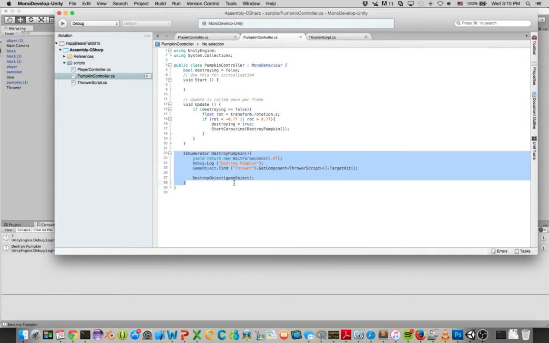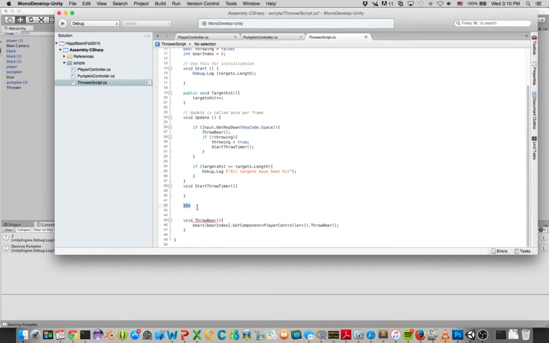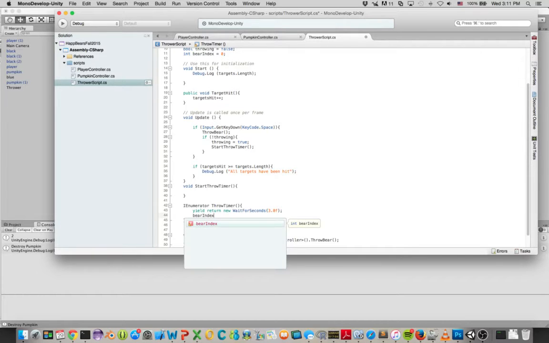Why not? Works good. This is throw timer. We're going to wait for 3 seconds. And then when it's done, we don't want to do this sort of stuff, but we want to say bear index plus plus,